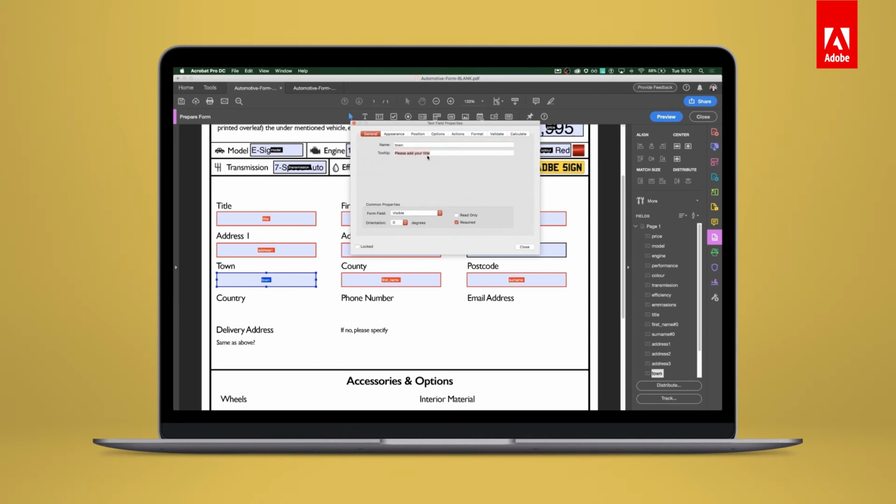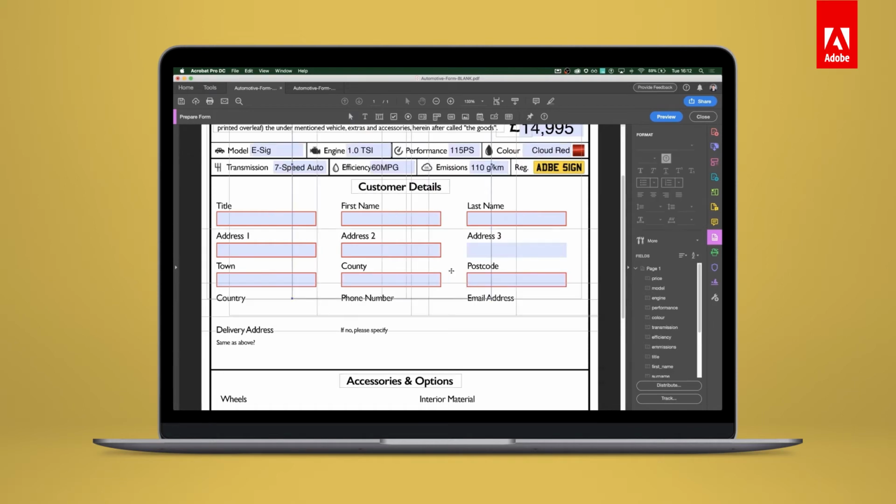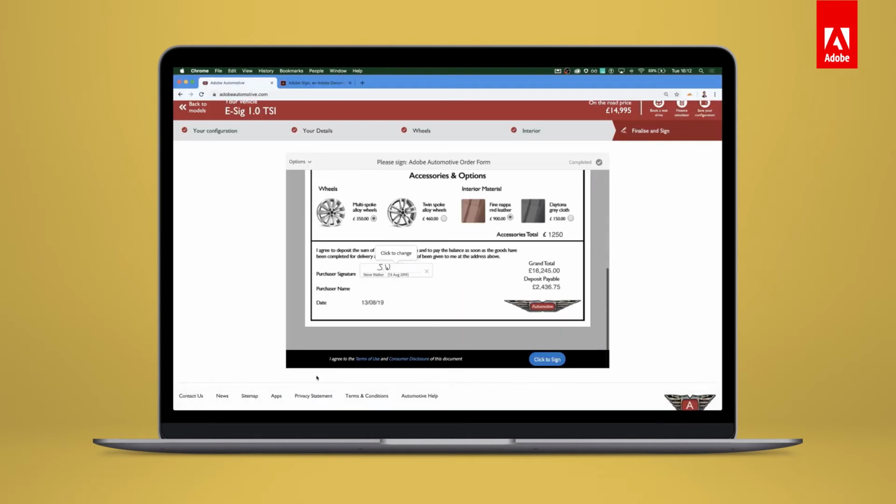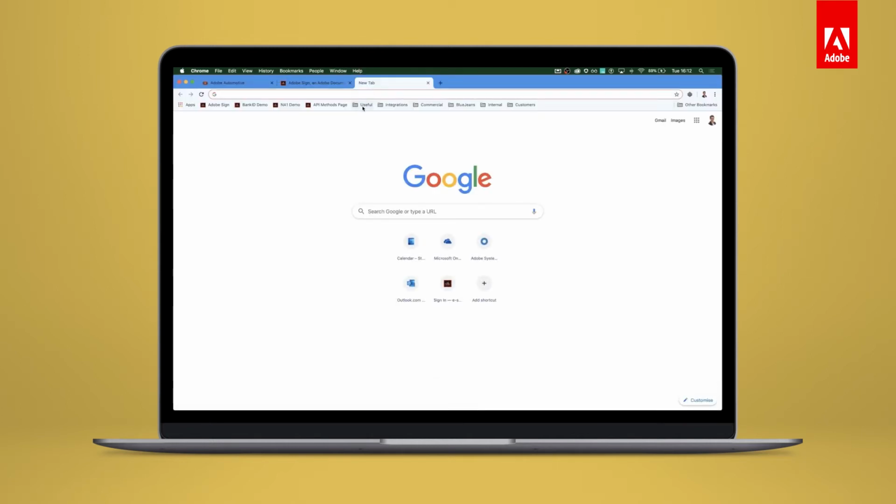Our town is required, county, and our postcode has been added as well now. Now, what we can do using Adobe Sign is we can actually do pattern matching on a postcode field. So what I'm going to do is jump now to the Adobe Sign text tag guide. This is a useful piece of